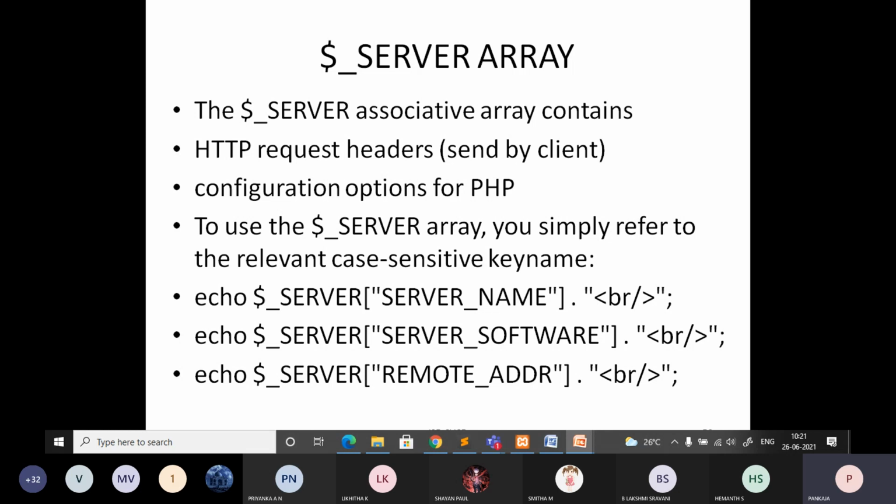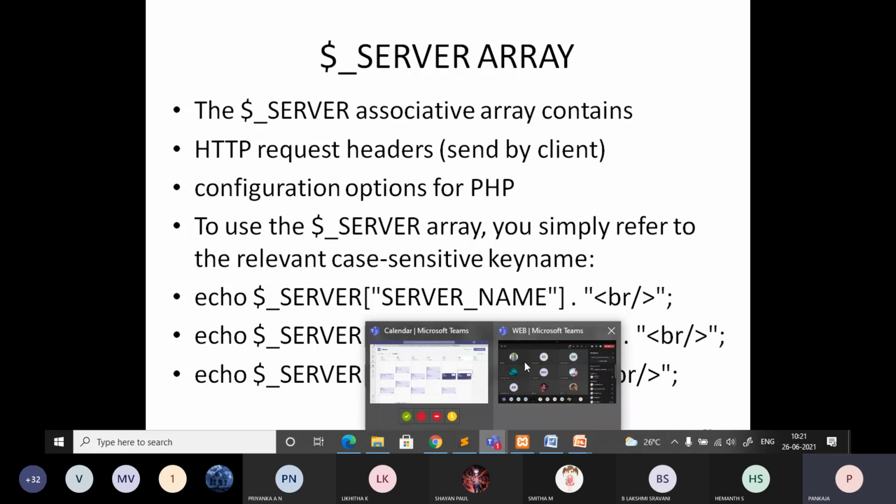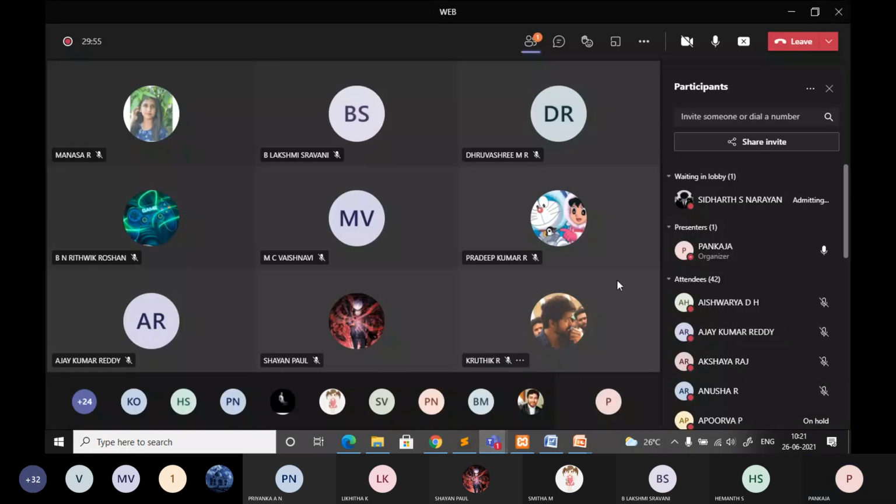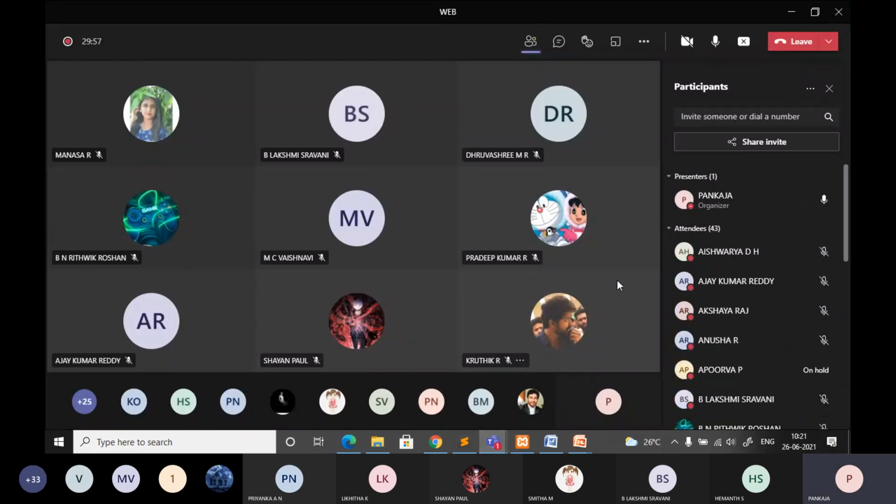Somebody respond, no? No response. Ajay, can you tell what you mean by associative array? Whatever you know, just explain. Quickly.